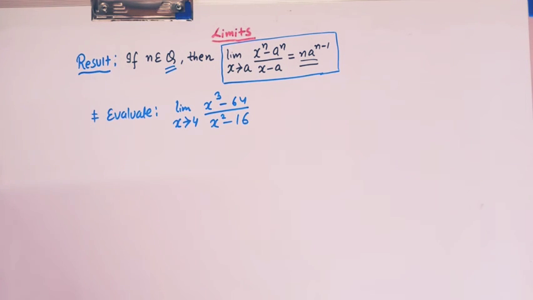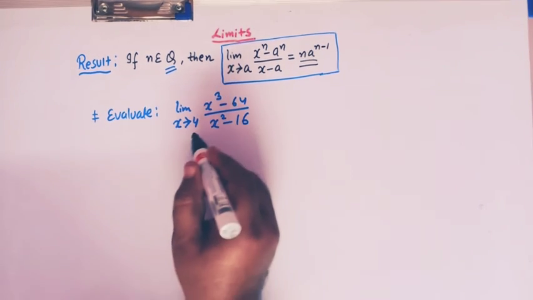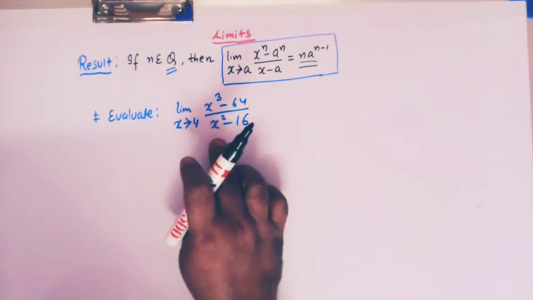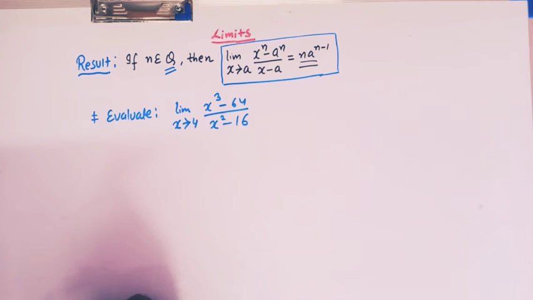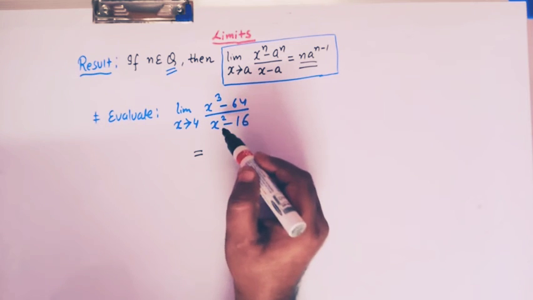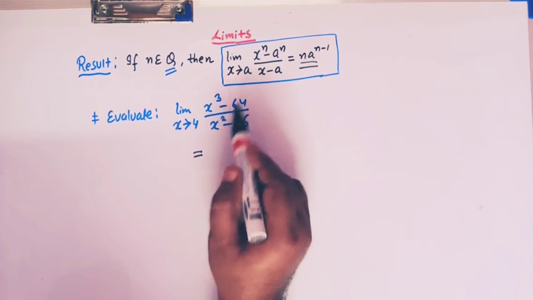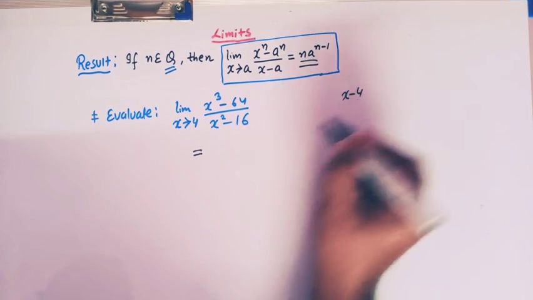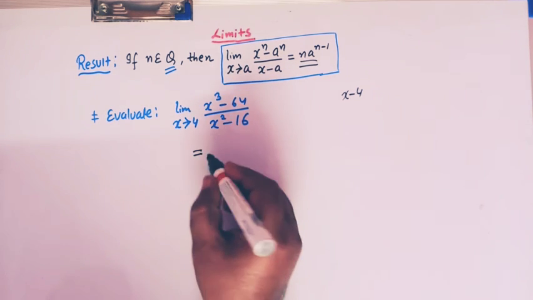Now viewers, let us take one more problem. So here we have to evaluate the limit x tends to 4, x cube minus 64 divided by x square minus 16. Here also we'll make use of this standard limit, but here we have to do one important step, and that step is we have to divide this numerator and denominator by x minus 4, right? Why we are dividing it by x minus 4, it will be clear